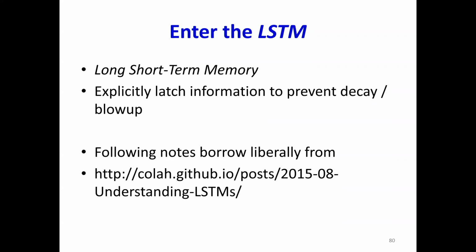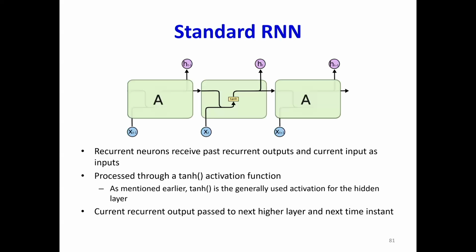And so I'm going to be using some notes which I borrowed from colah.github.io. The pictures were nice, so when you see something good, why change it, right? Keep it. So here's how a standard recurrent network looks. The recurrent value at any time is a function of the recurrent value at the previous time and the current input. And we like to think of each unit in terms of a cell, because this entire gating structure is complicated. What's happening inside the recurrent computation is fairly complex. So we can think of it as a cell.